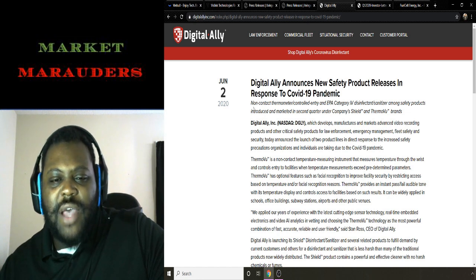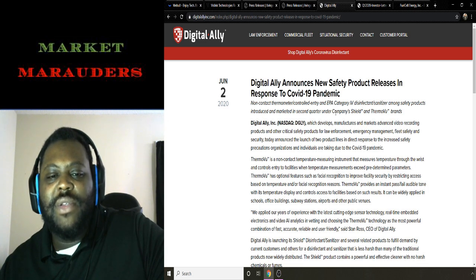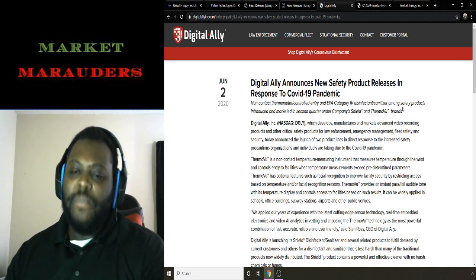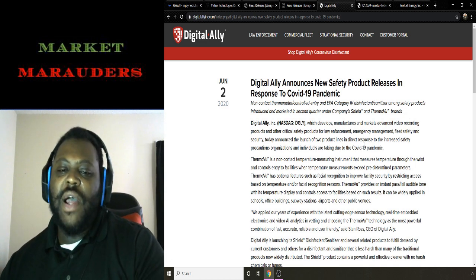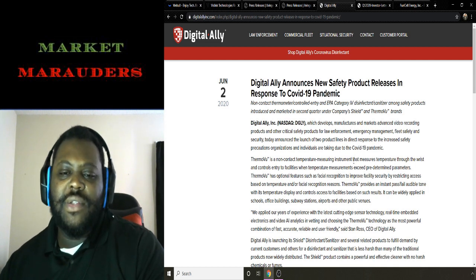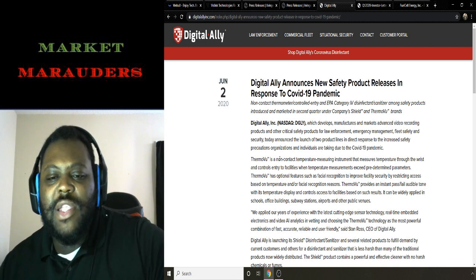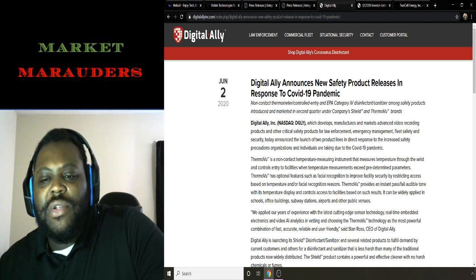Going here, just going to read the top part. Non-contact thermometer slash controlled entry and EPA Category 5 disinfectant sanitizer among safety products introduced to the market in second quarter under Company Shield and ThermoView brands. So, they're basically trying to get help in large areas. So, reading more into this, ThermoView is a non-contact temperature measuring instrument that measures temperatures through